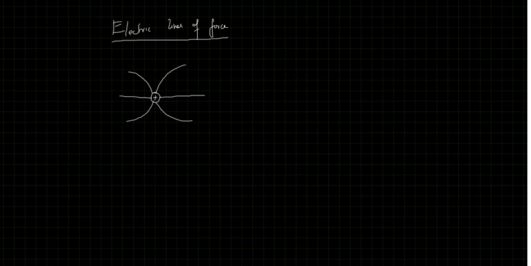Electric lines of force. What are they? You see, if I take any positive charge, there are some invisible lines in the nearby region of this positive charge. These lines are coming out like this, like this. They are invisible, but when we place any charge, we will see that the charge moves along this way. The charge will follow this path to go from one end of the positive charge to the other.